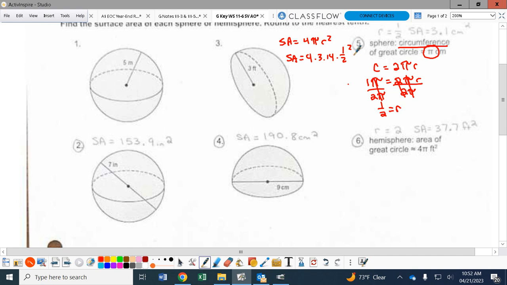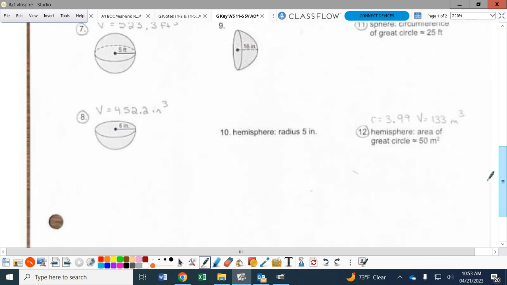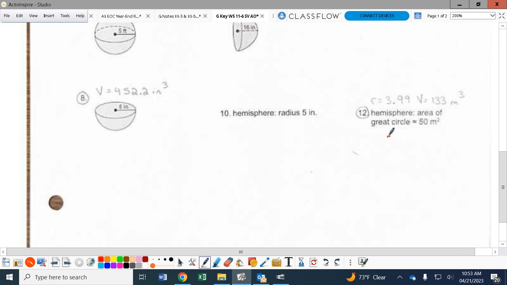Yes, ma'am. 12. Okay, 12 is our next one. 12 is going to work backwards from area. So area is 50. Area equals pi r squared. That's on your formula sheet. That's what we're using to work backwards from. From there, it's going to be 50 equals, and since we don't have another pi symbol, we're going to use 3.14 r squared. We would divide both sides by 3.14. When you do 50 divided by 3.14, you're going to end up with 15.92